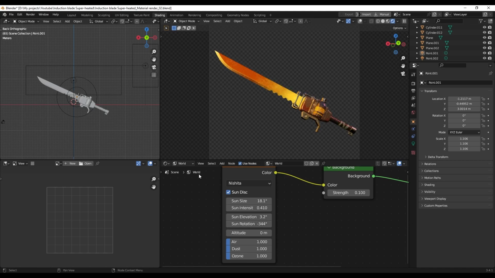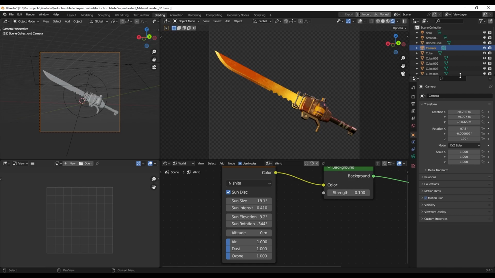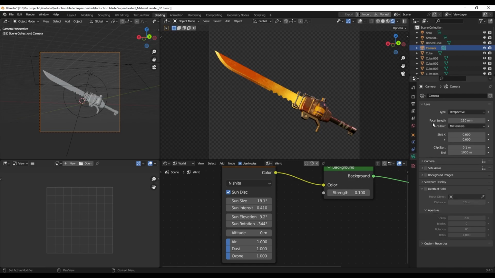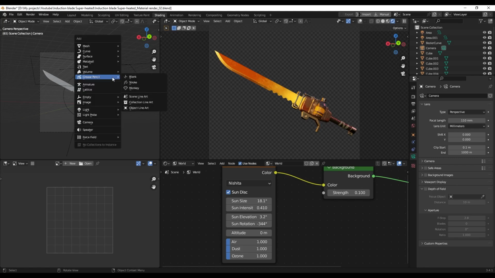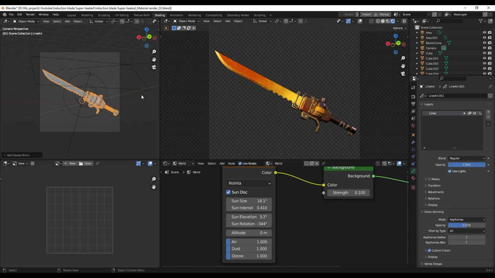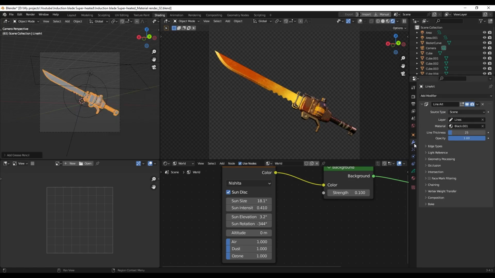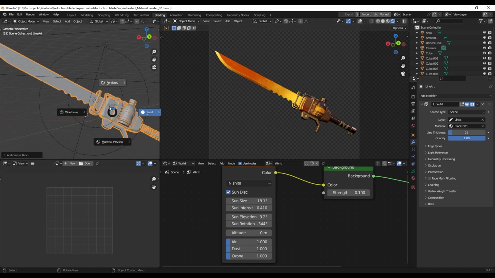So another thing is the camera. The camera setting is nothing special, but the focal length is 110 millimeters, like this. And also I'm going to add another thing, which is adding a grease pencil. So you press Shift A and add a grease pencil, scene line art. All right, and then go to the modifier,